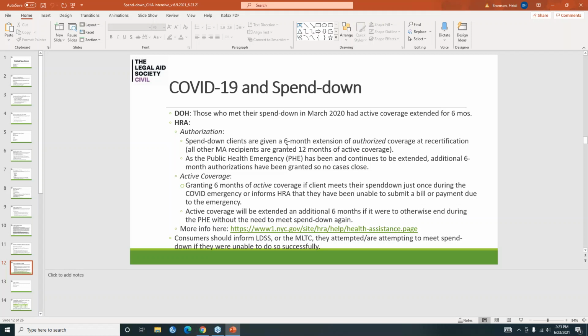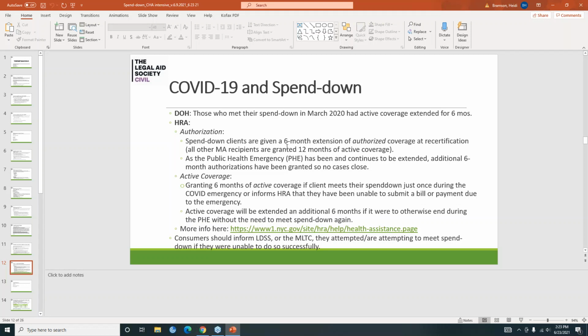So if a consumer meets their spend down just once or informs the local district or HRA that they've been unable to submit a bill because of the emergency, then 6 months of active coverage is granted. And then that active coverage is going to be extended an additional 6 months if it were to otherwise end.